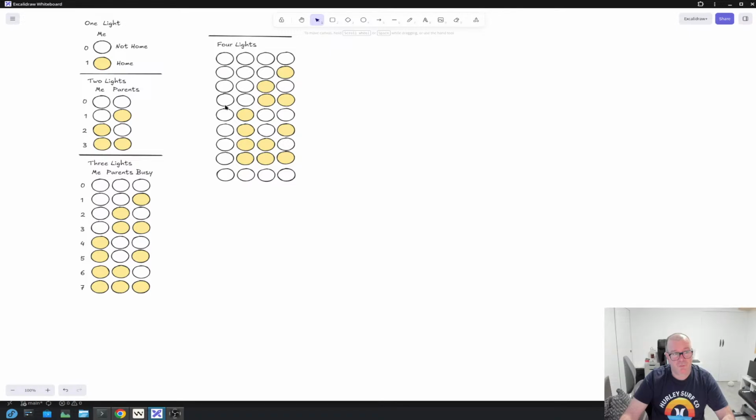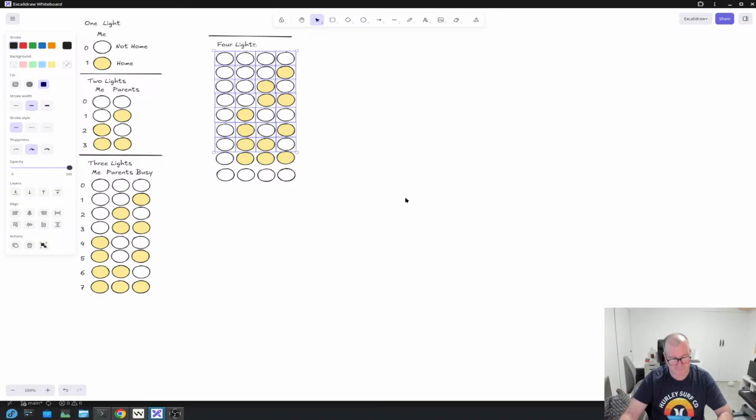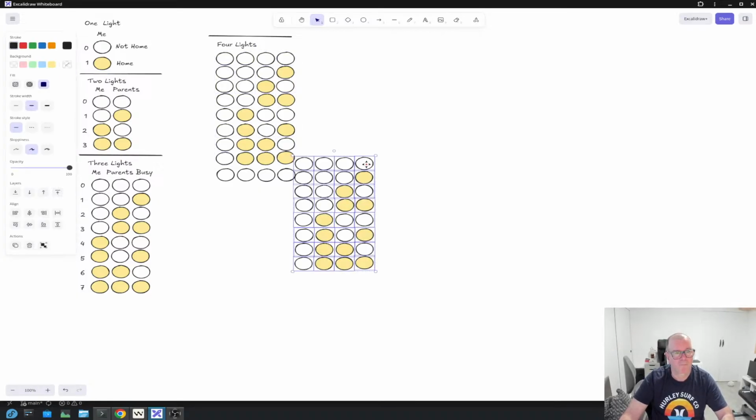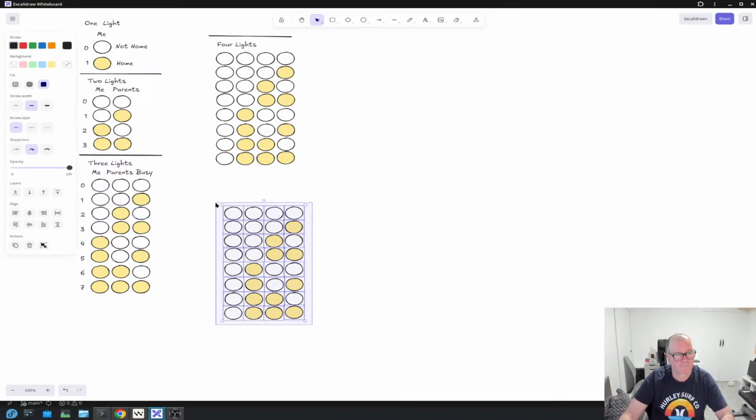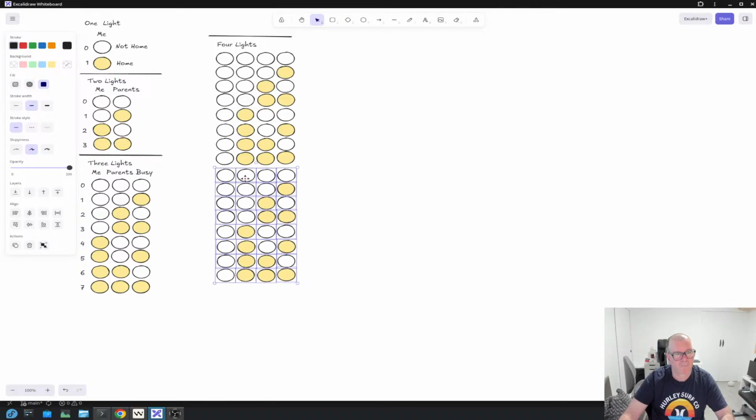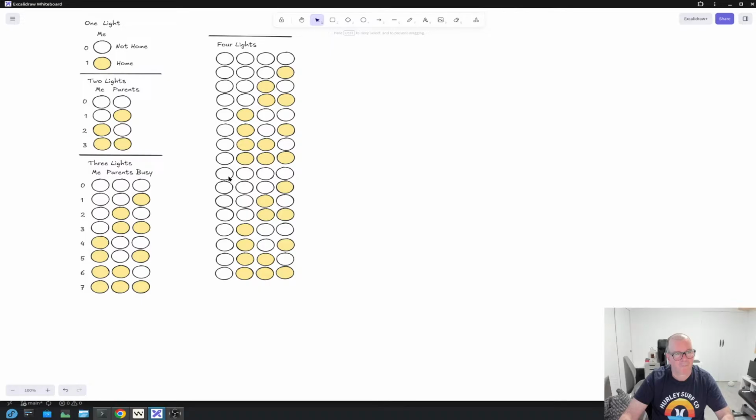But we still have to use the first light. So what happens is, basically it will be all this, but with those lights on. Let me remove this here.